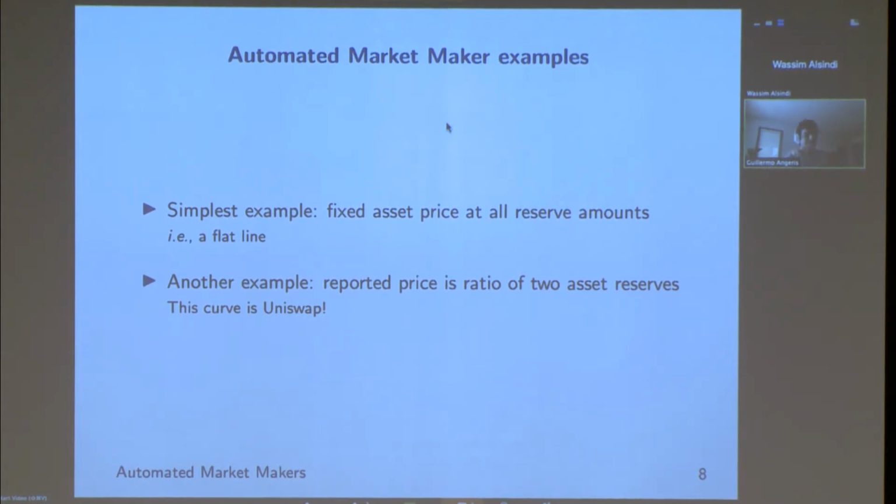Then it turns out that has the right properties, right? If somehow there's less of asset A, then the denominator goes down, but the whole thing goes up. So in some sense, we've increased the price of asset A, meaning that people should either sell to it or buy less of it. And this curve is exactly Uniswap. In fact, you can prove that of the set of all possible curves, the exact one that matches this definition is just Uniswap. This is kind of a weird presentation for a lot of people because I think people